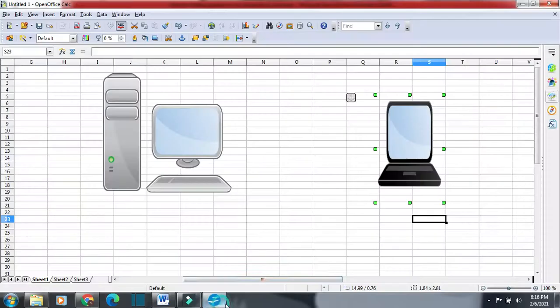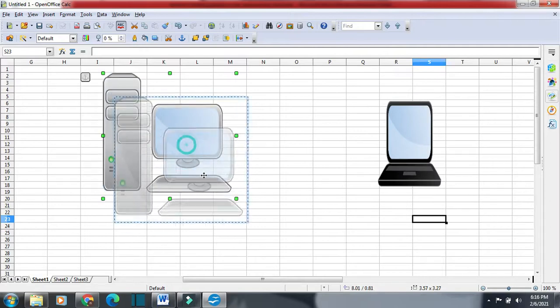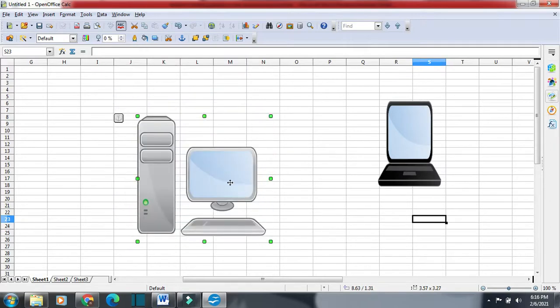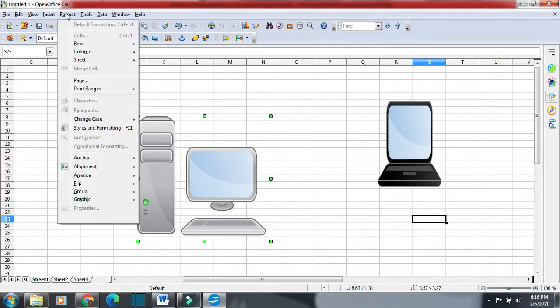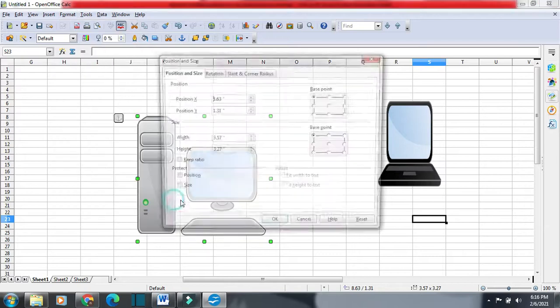For that we will first come here. This is our object which we are going to work on. Then for changing the position, rotation angle or size, we will click on Format, then click on Graphic, and from here we have the option Position and Size.